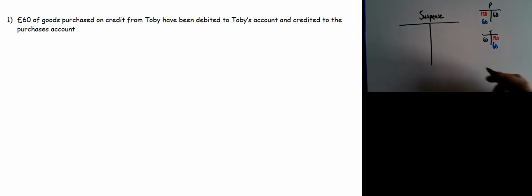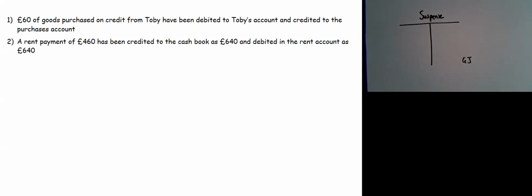Actually, let's general journal here, debit, credit. So it would be purchases 120 and Toby 120. Then what you do, you would rule that off and then do your next one. But since I've got space in this whiteboard, I'm just going to rub it off, ready for the next one. So second one,